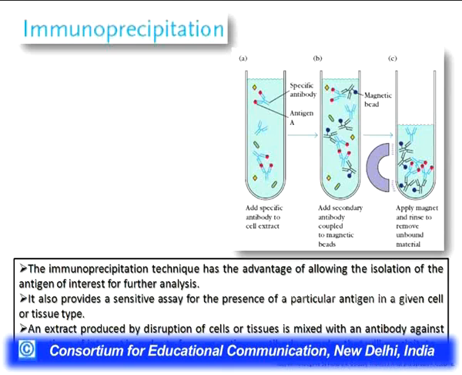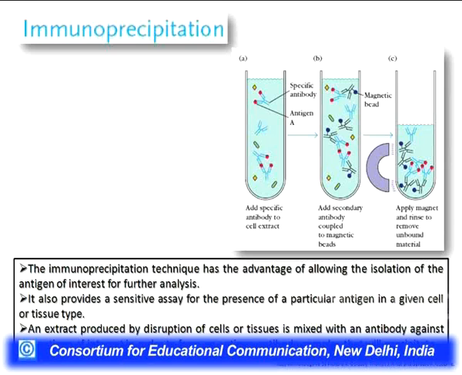So suppose in a cell we want to isolate a particular protein or particular antigens from the whole cell. What we can do is we first lyse the cell, then the cell lysate is transferred onto a tube. Onto this tube, the primary antibodies are added which are specific to that particular protein. To this primary antibody, a secondary antibody is added which has conjugated magnetic beads attached to it, and